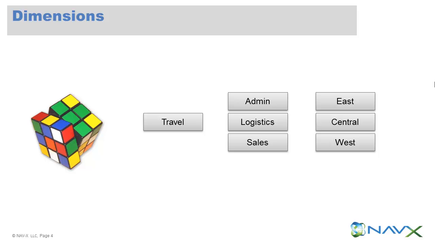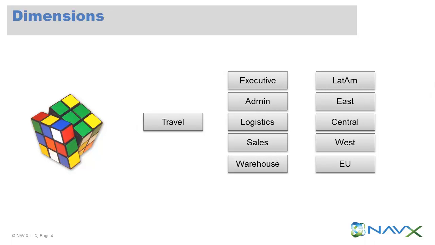So let's look at those same 3 departments again and the same 3 territories with that same travel account. In fact, let's add a couple more departments and a couple more locations, territories. If we had a matrix like this, and we were in a segmented linear chart of accounts, we'd have to have 25 entries to manage all the possibilities of travel with the 5x5 matrix. And that's assuming only 2 more segments beyond the account core, by the way. Well, in NAV-X, we